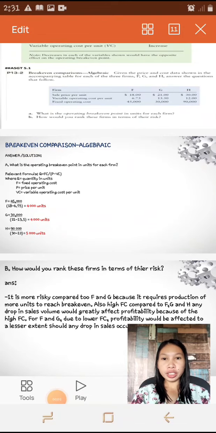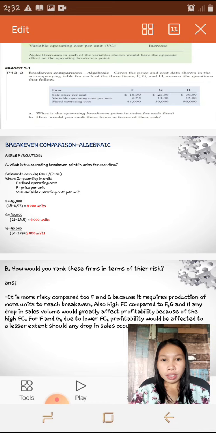In problem 13.2, break-even comparison, algebraic. Given the price and the cost data shown in the accompanying table for each of the three firms, F, G, and H, answer the questions that follow. The firms are F, G, and H. In firm F, the sales price per unit is $18 while the variable operating cost per unit is $6.75